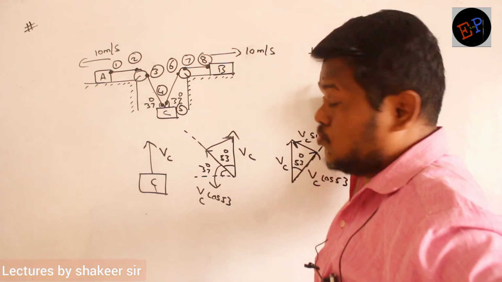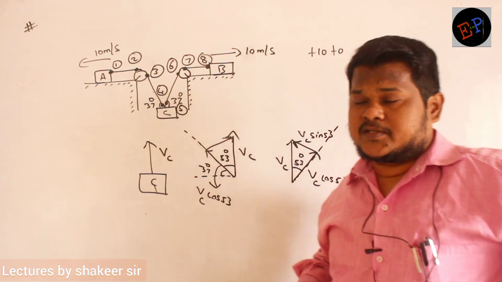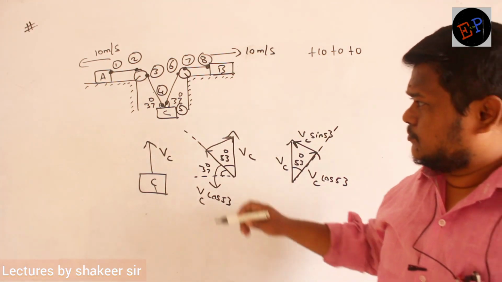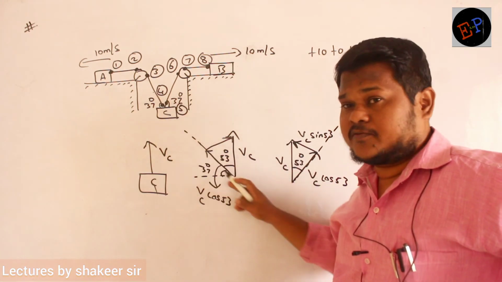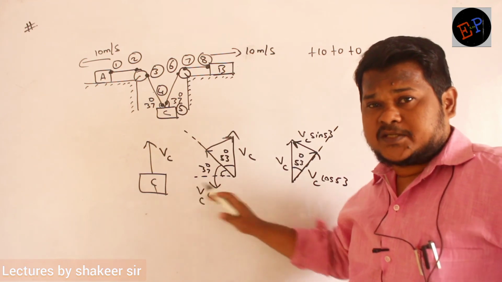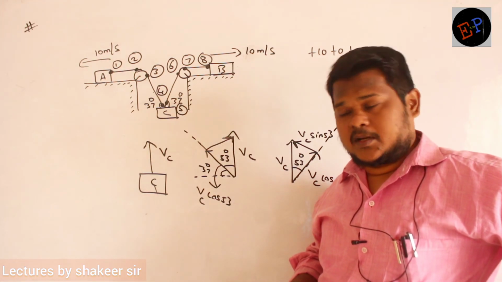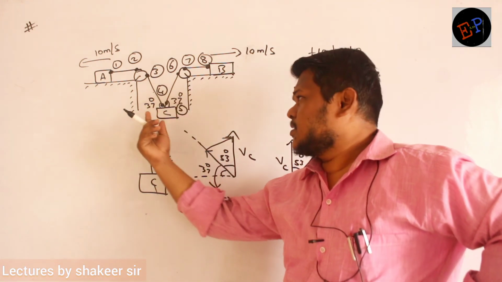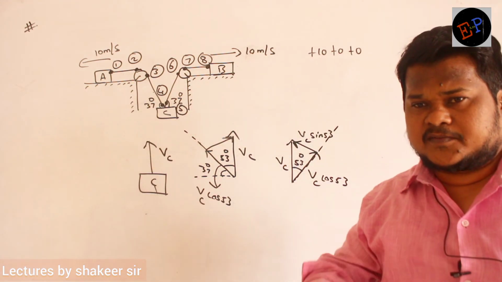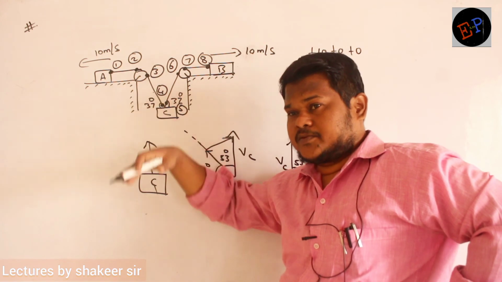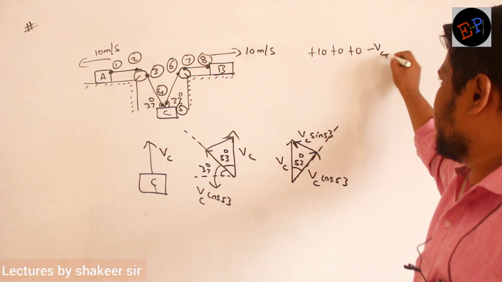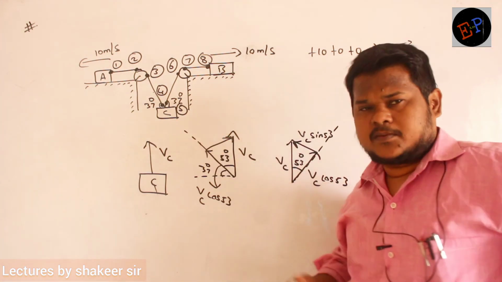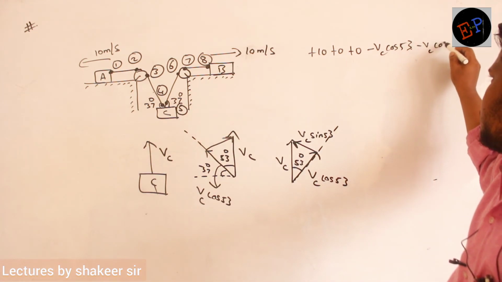Velocity of point 2? 0, because it is present on a fixed pulley. Velocity of point 3? 0, it is also present on a fixed pulley. Point 4, this one. This is the velocity in the direction of rope, no? So this is Vc cos 53. Plus Vc cos 53 or minus Vc cos 53? Minus Vc cos 53. Why? Because when this point starts moving upwards, the length of the string reduces, no ma? The length of this string reduces. Such velocity should be taken negative. So minus Vc cos 53. What about point 5? That is also minus Vc cos 53.